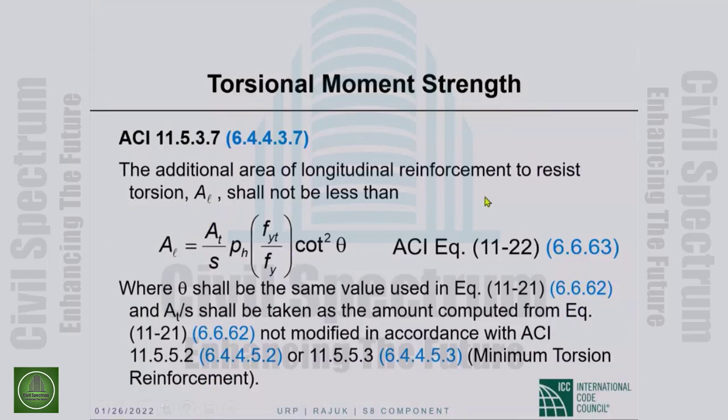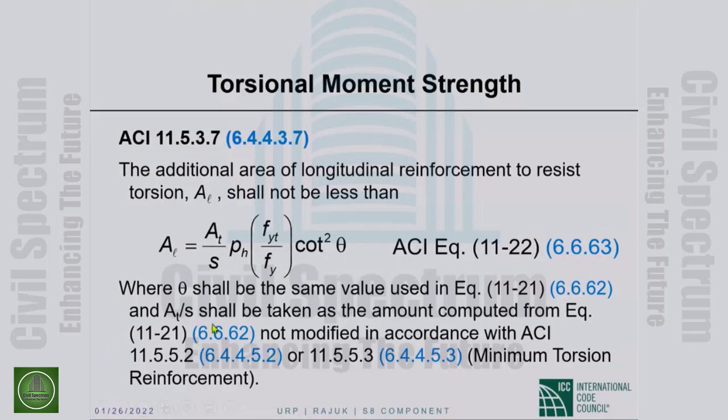So we have closed transverse reinforcement A sub T, and we have the additional longitudinal reinforcement, additional to whatever we need for flexure and axial loads. A sub L shall not be any less than given by the right-hand side,